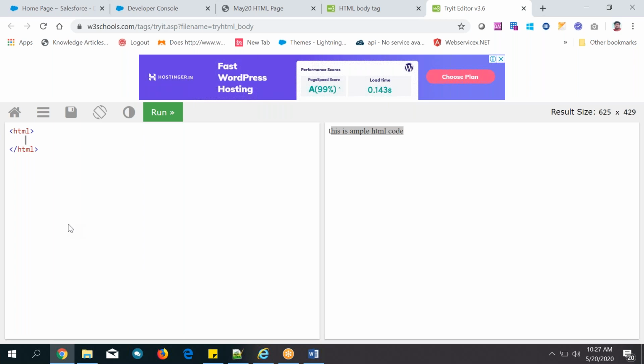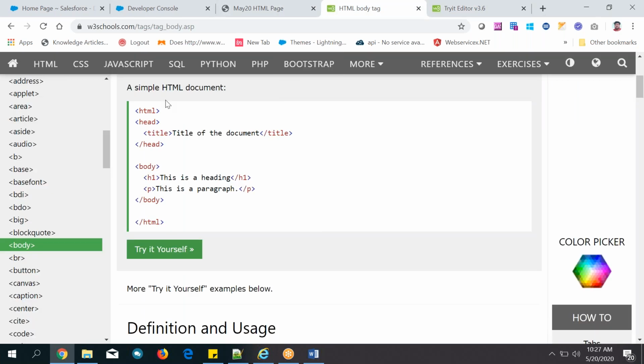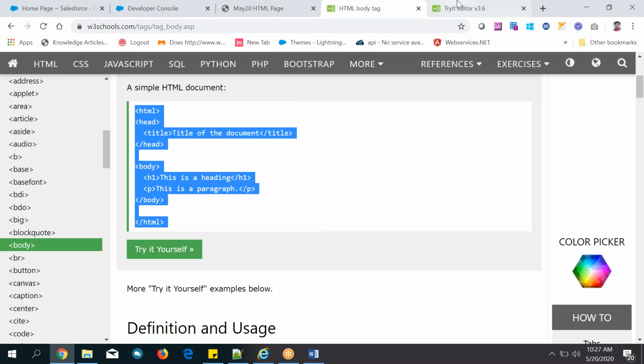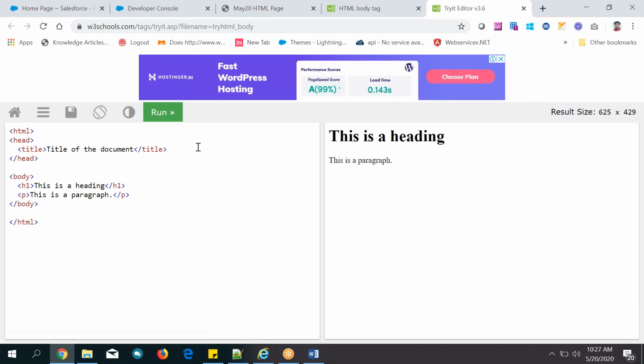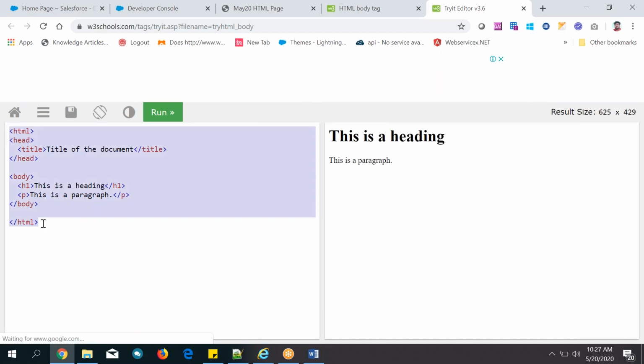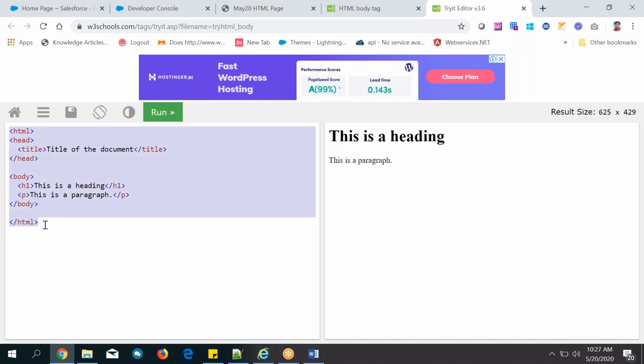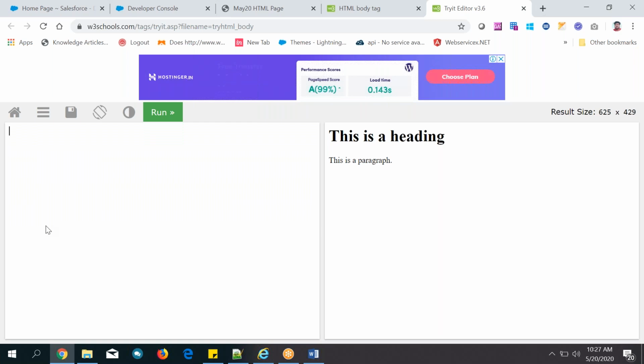Simply type it. If you keep on typing, don't copy paste. Don't do like that. It's not a good practice. It's a worst practice. You cannot become an expert. If you want to become an expert, you need to type it manually. Type the tags manually. So many benefits are there. You can remember the tags easily.